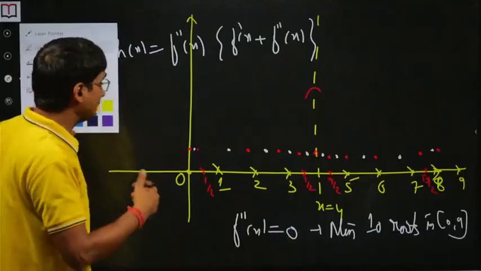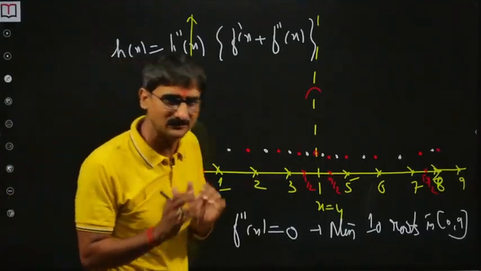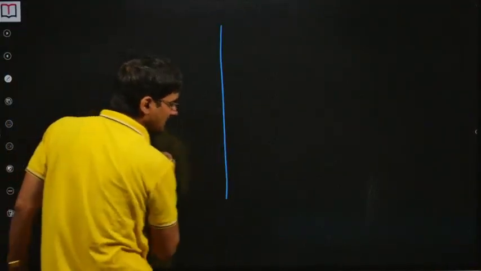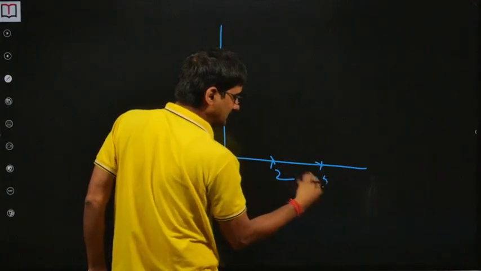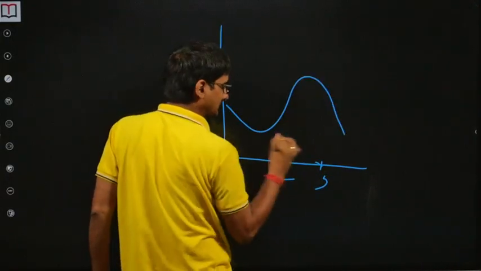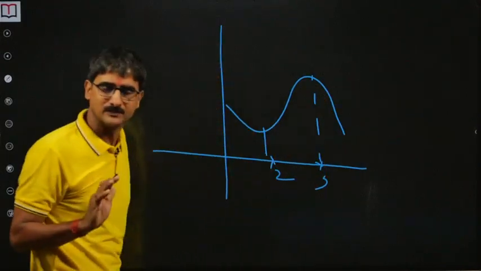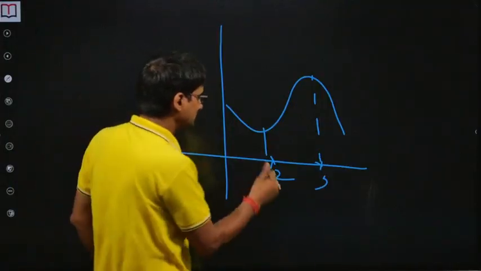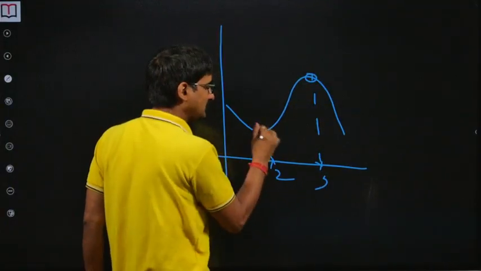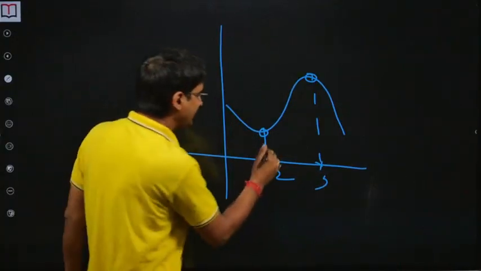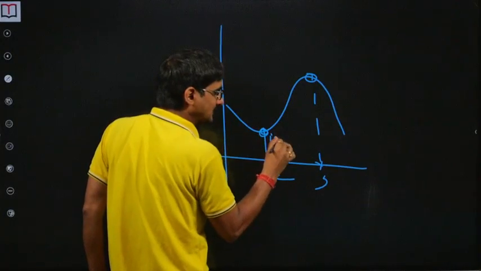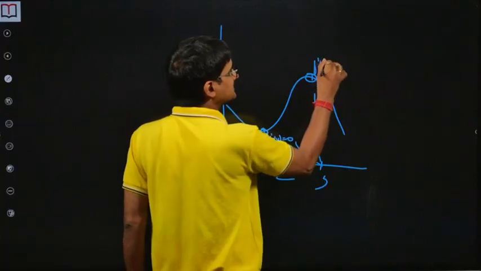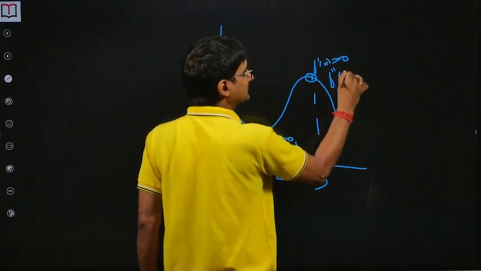Now see, the way I analyze is quite interesting here. I said, okay, let's say this is 2 here, this is 3 here, and the curve is something like this. It is 0 here and 0 here. There are turns at 2 and 3. Of course, one has to be maximum, one has to be minimum. At the minimum, f dash x is 0 and f double dash x is positive. Here f dash x is 0, f double dash x is negative.